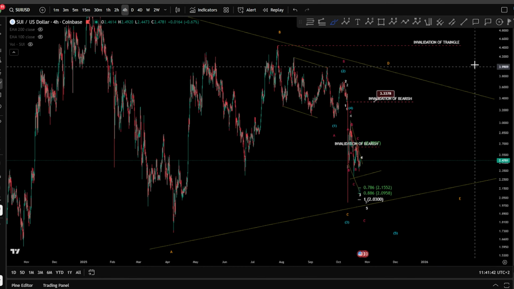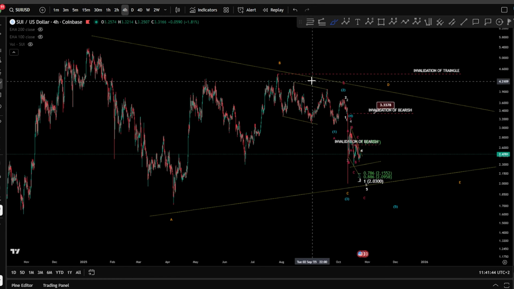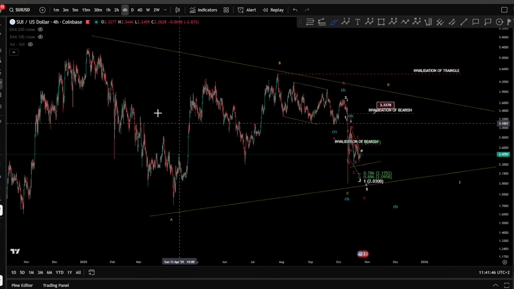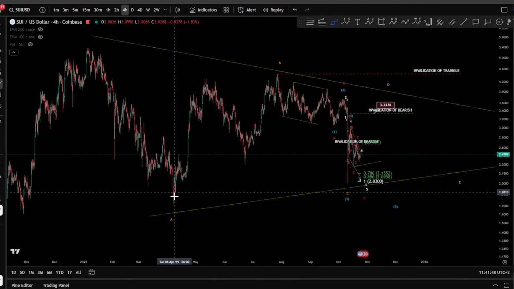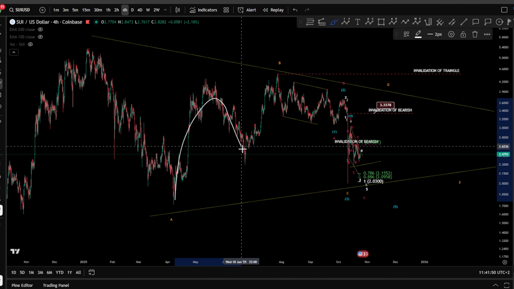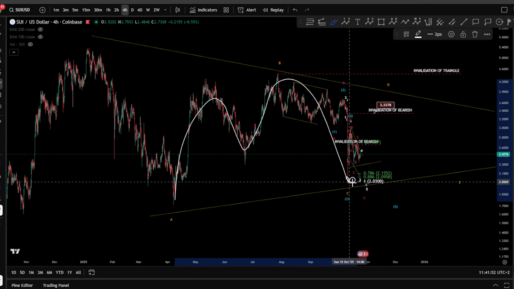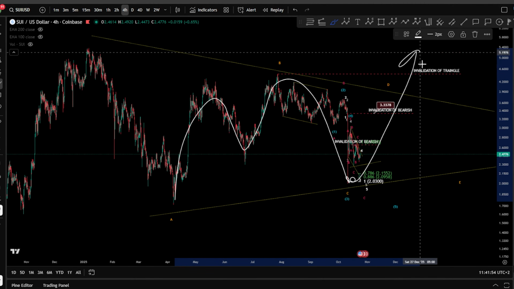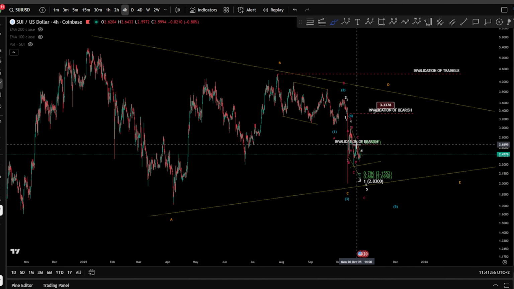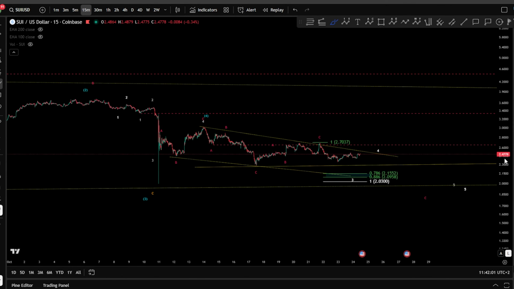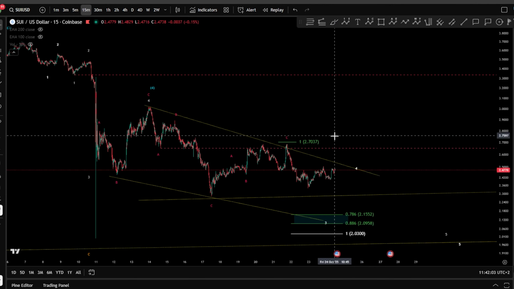In case that we break the invalidation of the triangle, meaning taking the high of the wave B, meaning there is no triangle anymore, we can consider this as a wave 1, as an A, B, and a C here, hitting the wave 2 and then moving toward the upside. So these are the possibilities right now for SUI in major price action,